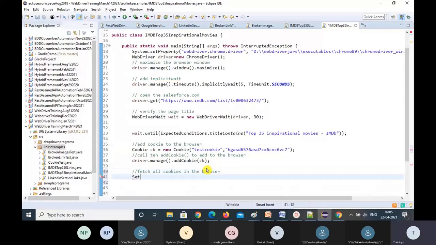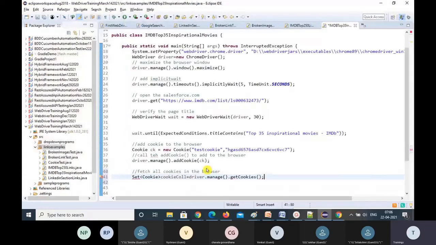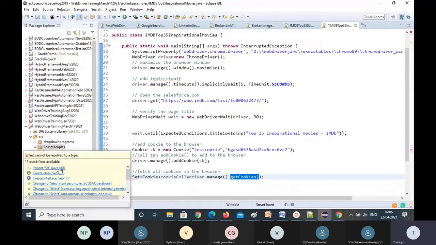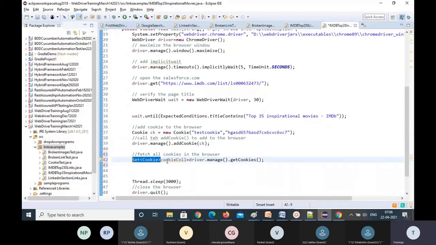This returns a Set collection, and the data type is Cookie. Set of Cookie cookieCollection equal to driver dot manage method dot getCookies method, and it will fetch all the cookies. This method returns a Set collection. So that's what I wrote, Set of Cookie is the data type. That returns a Set collection, and we got it here.